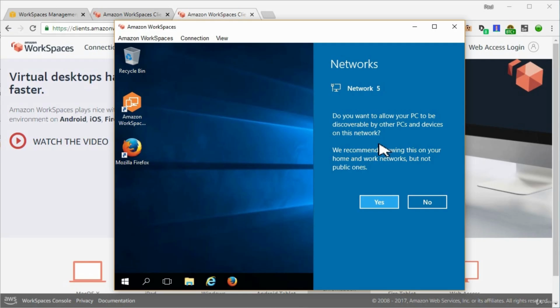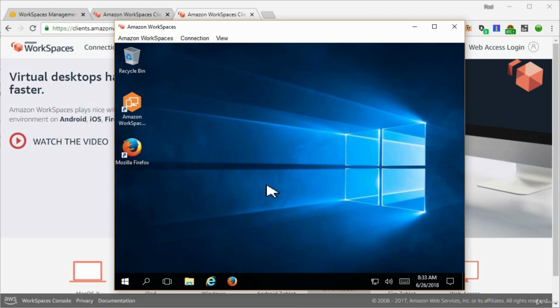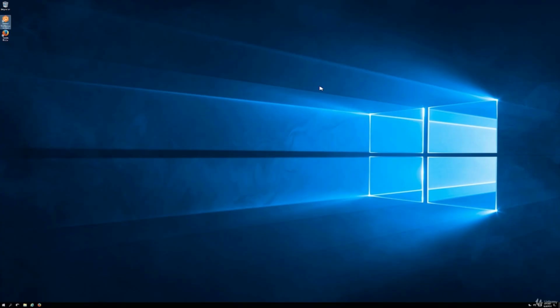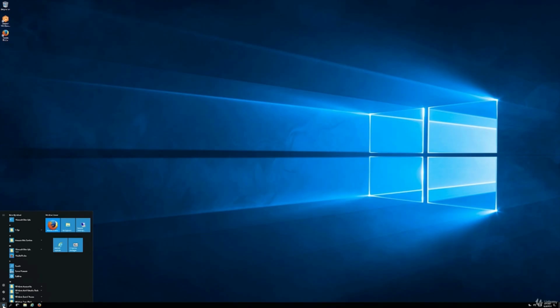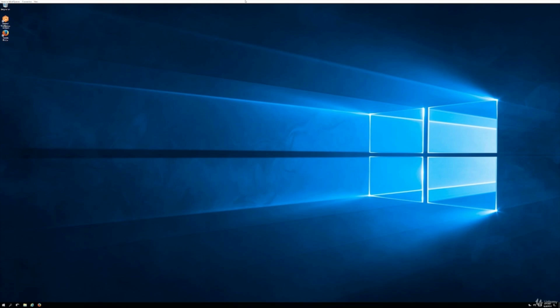Okay, so now we have a fully blown Windows 10 desktop environment. So if we go to View and go Show Full Screen, we're going to have something that is identical to a native desktop environment. So I'll just do that now. And there we go. We've got a full-blown Windows desktop. There is nothing to distinguish that from anything else. So we've got all our applications that will be part of that workspace down here. And if we want to get out of that, we just put the mouse to the top of the screen here and a little drop down will come. We just go back to View and Exit Full Screen.